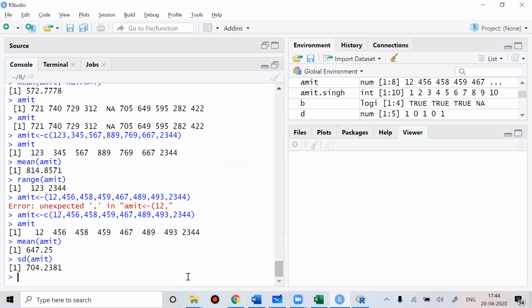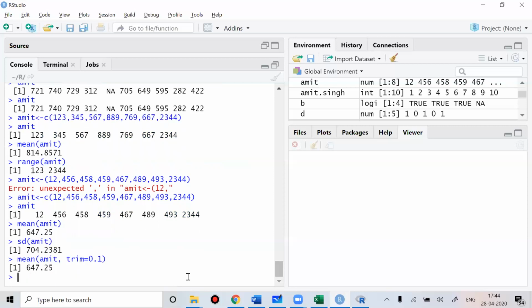So what can you do? Can you ignore these values? Yes, I can ignore these values. So I'll find the mean of Amit, and I say trim 10% of values here and there. If you trim, you are still getting 647.25. Okay, one minute. So if you're ignoring 10% of values, then also